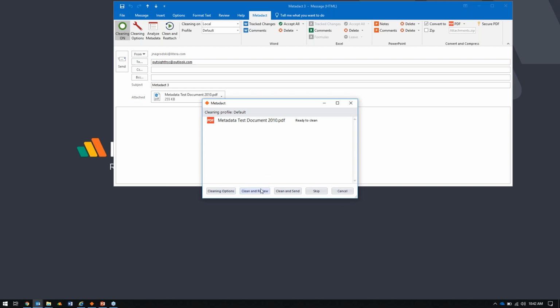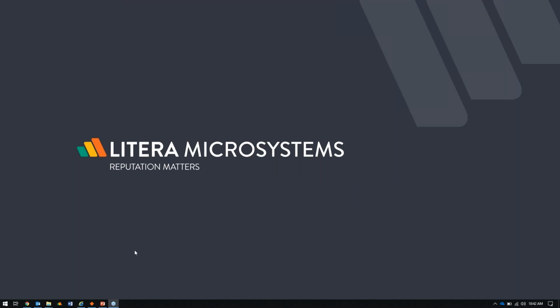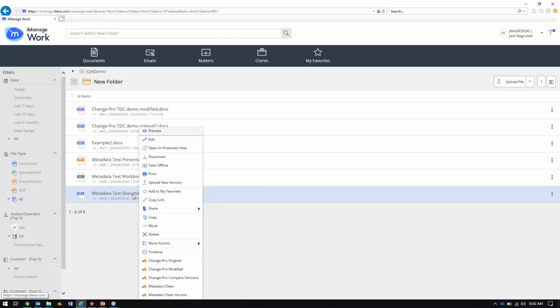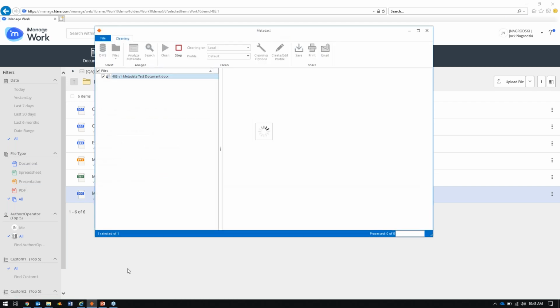So that's really the main workflow for Metadact here. And the other item I wanted to show off as well is our functionality within iManage Work 10. So I have a couple documents loaded up in my Work 10 environment here, and it's as simple as right-clicking on the document. You get your right-click menu that you're used to in Work 10, and you can simply click Metadact Clean. And what that does is it'll launch our Metadact application, and you'll see the file loaded here on